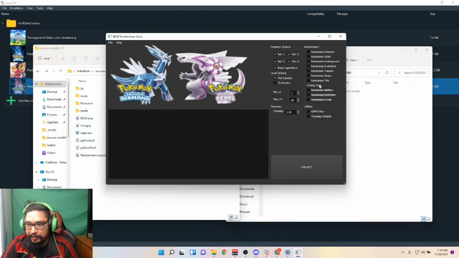You're gonna click your options. So right now, random abilities, field items, randomized levels, and the starter Pokemon cannot be randomized. But you're gonna click whatever options you want: randomized Pokemon, evolutions, underground, trainers, shops, and TMs. Again, I wouldn't randomize shops because it's the same thing. It only randomizes one shop, then makes all the shops have the same item, so it kind of messes you up. And then you put gens 1 through 4, you keep the legendaries, blah blah blah, and then you just press let's go,